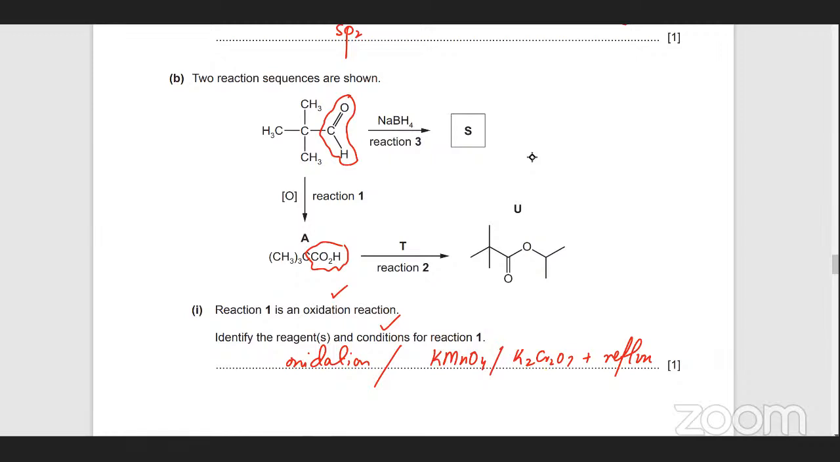The Tollens reagent is used। ठीक है, and there's another one, Fehling's reagent plus heat। ठीक है, 3 reagents are used that can oxidize an aldehyde to a carboxylic acid।